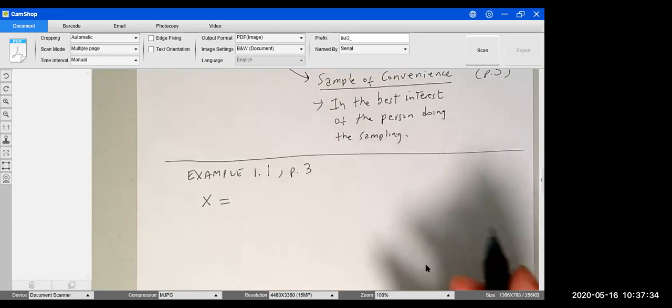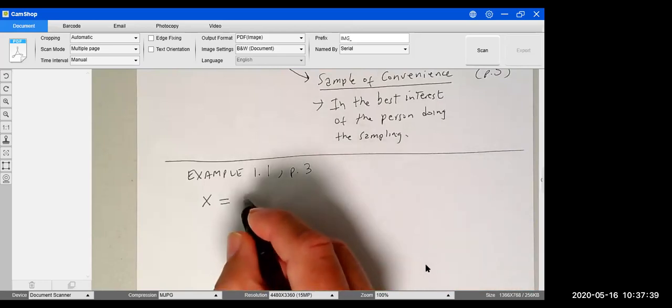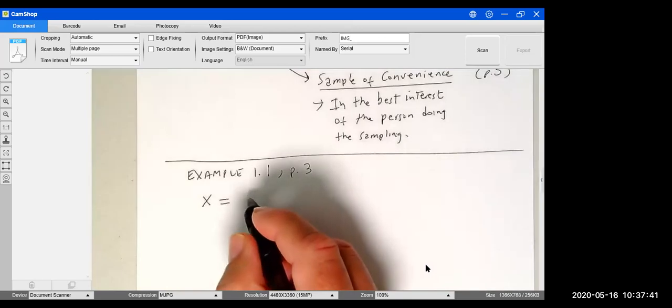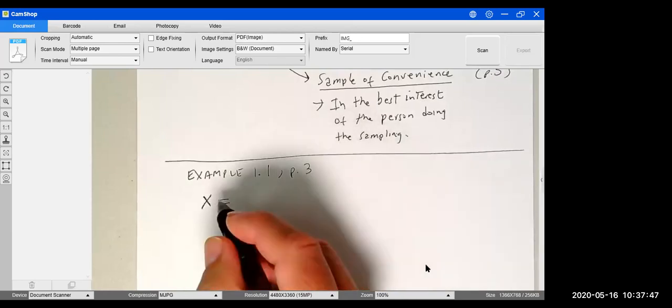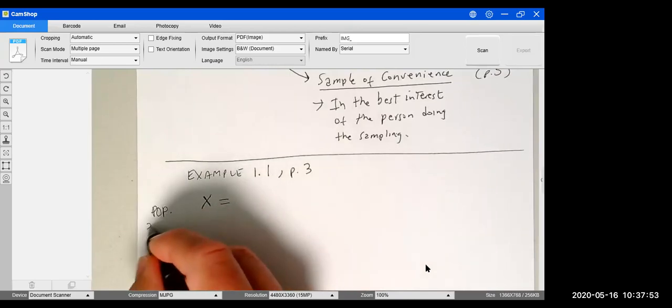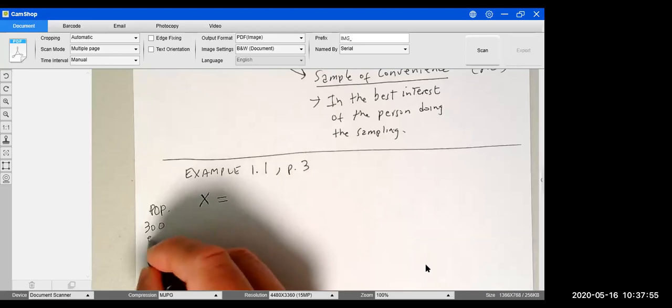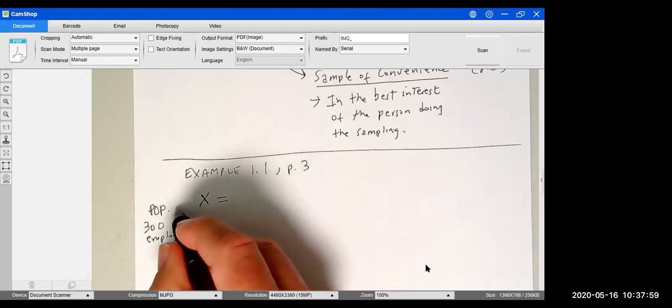There are two ways to enter this information. The most common way is when you enumerate the individuals in your variable. In this case, my variable is going to be used to identify the entire population, because my population is 300 employees. So X in this case is going to be